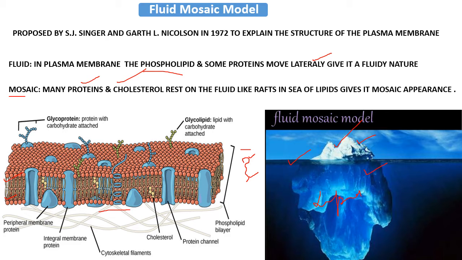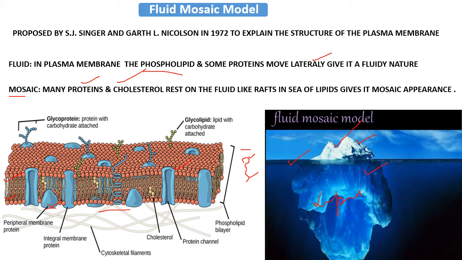We have some proteins in the plasma membrane. Proteins can be divided into two types. These are peripheral proteins. Peripheral proteins are not embedded in the membrane, so they can easily be washed out. And the second type of proteins are integral proteins. Integral proteins are embedded in the membrane. They cannot be separated easily, only when the lipid bilayer is disrupted completely by applying detergent or some other agent. Only then can we remove this protein from the plasma membrane. So it is an integral protein.